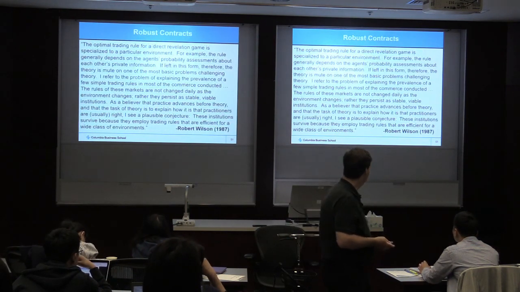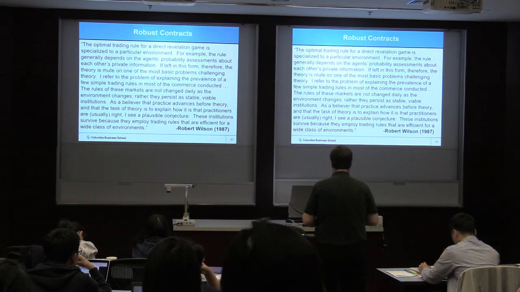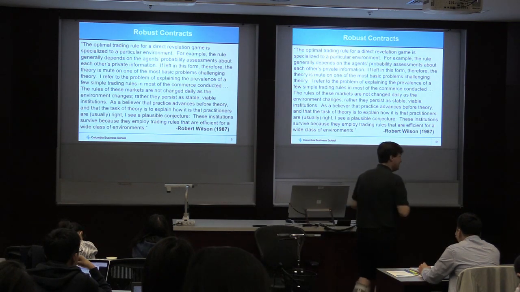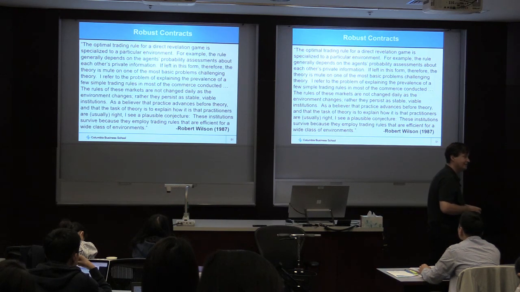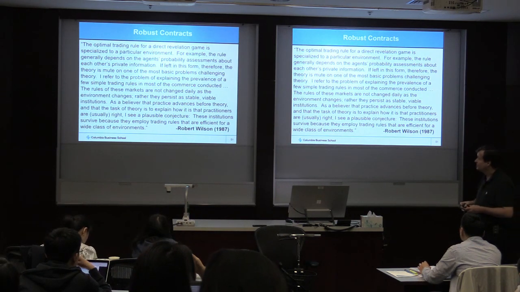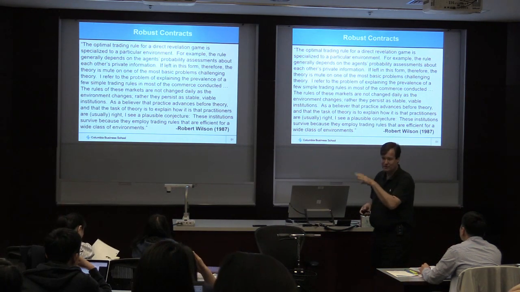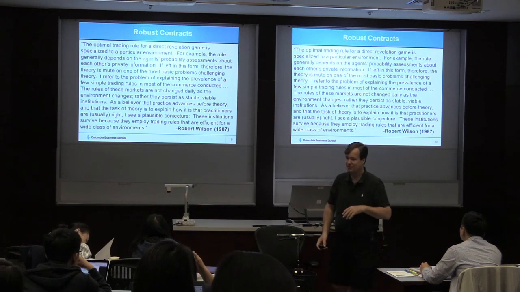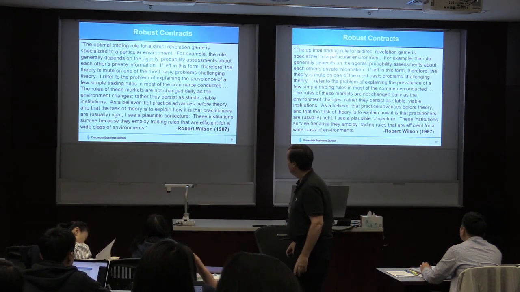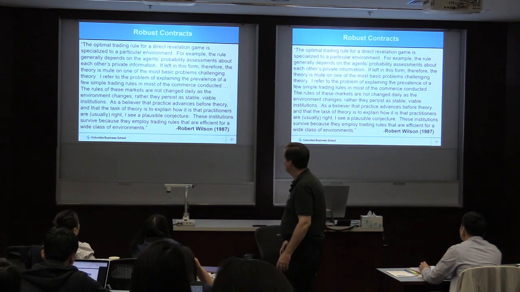Right, so I think this probably fits more with adverse selection, but there's this lovely quote from Bob Wilson, who was sort of the key person that developed information economics at Stanford. Many of the famous people somewhere or another were a student of Bob Wilson's. So what does he say? The optimal trading rule for a direct revelation game, so this has more to do with adverse selection, but you can think of it here too,